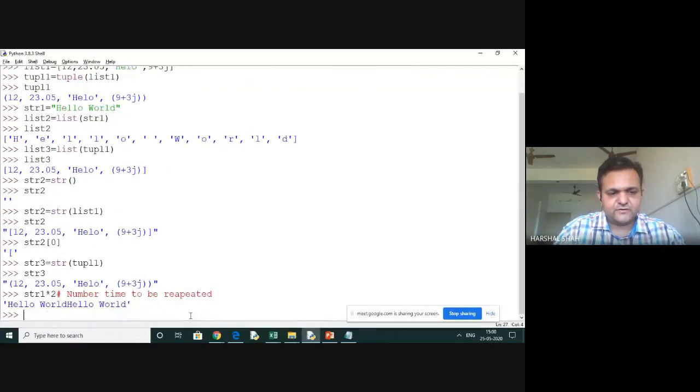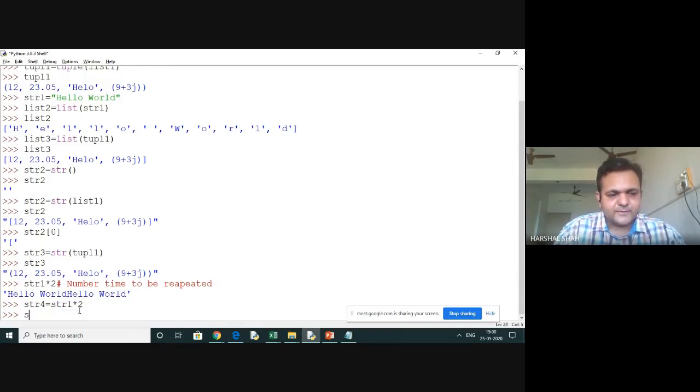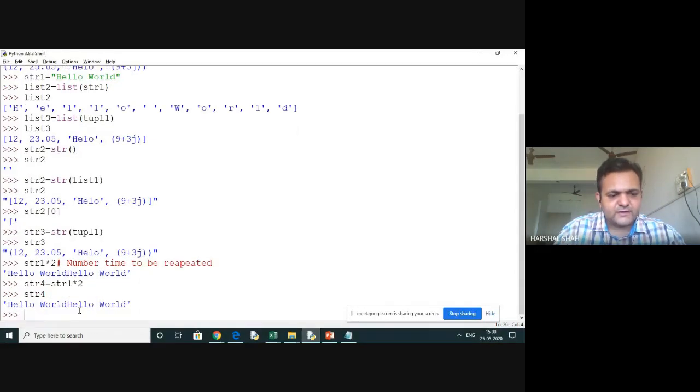You can see hello world as the result in one string. So if I want to have str4, and I say str1 into 2, what happened? My str4 will be repeated 2 times like hello world, and there is no space you can see between the d and the next hello world occurrence. So this way it works.